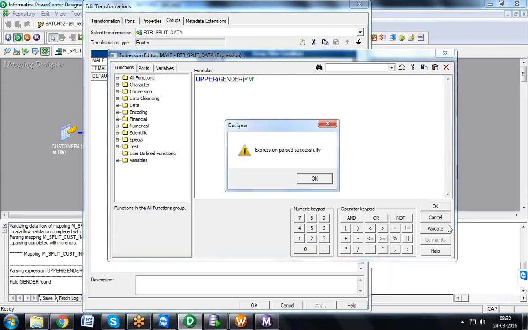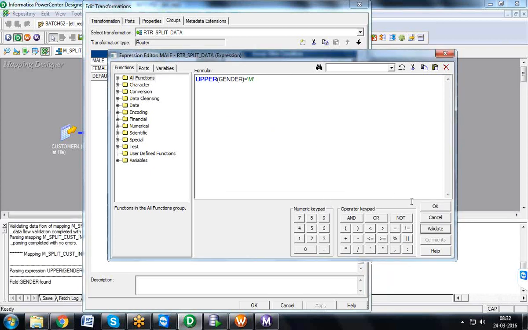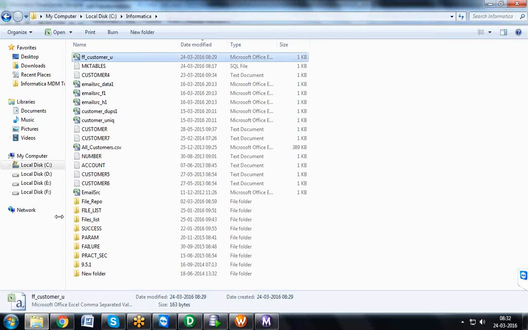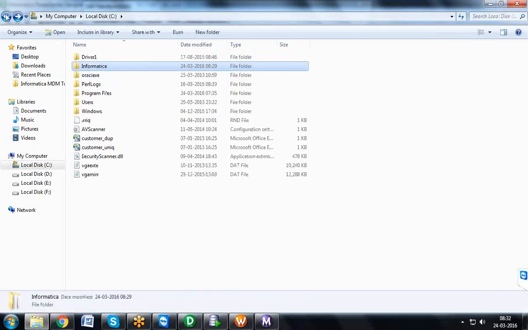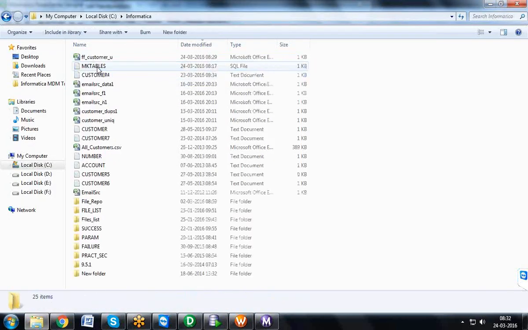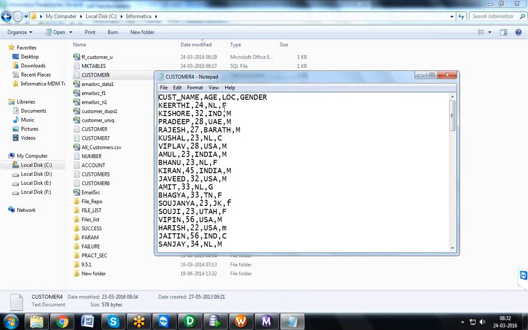In the same way, what happens if you have data in this format? Space M. Will that satisfy this requirement? Space M. No, space M is not equal to M, right? Then what you need to do to load the data, if I have data in this format,